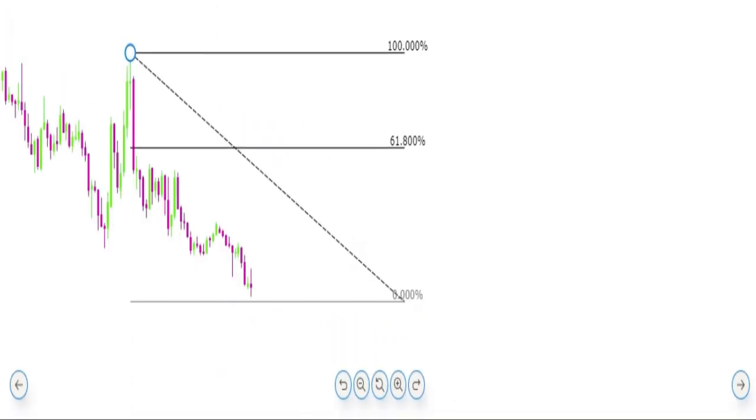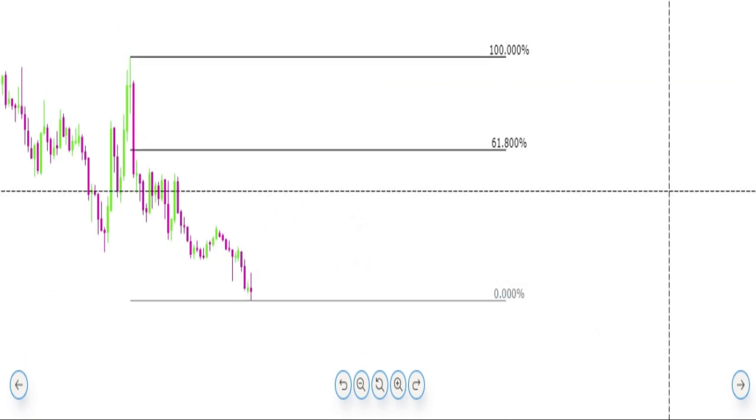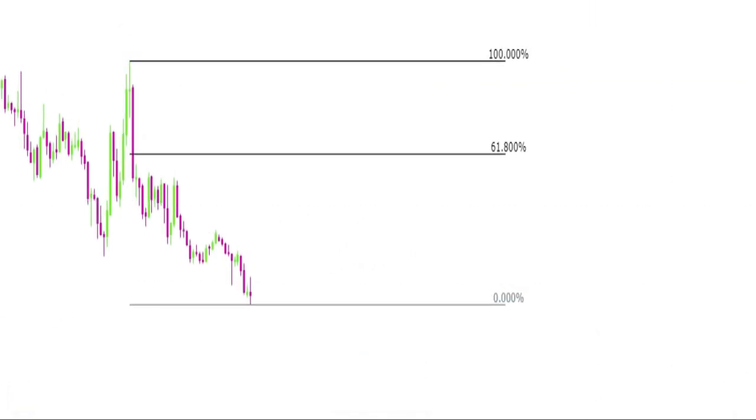We would draw the Fibonacci retracement from this lower high that formed before the impulsive move to the bottom wick of the lower low. Now we would wait for the price to make a pullback at one of these levels in order to initiate our short trade into the market. We can see that the market made a pullback at the 0.618 Fibonacci level, and thus we would switch over